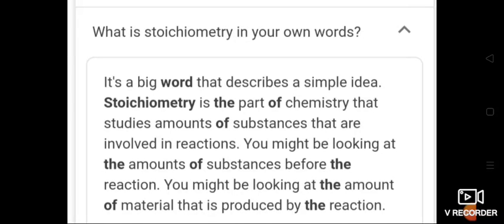How much amount of substance we are using for the reaction, how much amount of reactants we use, how much amount of product we get, all of this can be learned in stoichiometry. The word is derived from the Greek words stoichion, which means element, and metron, which means measure. So we are measuring the element. Stoichiometry deals with the calculation of masses and also volumes of the reactants and products involved in a chemical reaction.